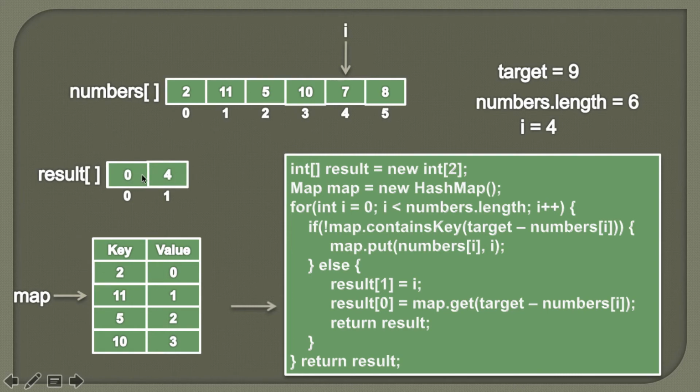So these are the two indices which we found, which is 0 and 4, and finally we'll just return the result. So friends, this was one of the ways by which we can find the two numbers whose sum makes up a specific target value. And suppose if you don't find any number, then we can simply either return a result array having the indices 0 0, or we can throw an exception like illegal argument exception. So friends, this was the demo of the algorithm. Now let's go to Eclipse and see the working code.